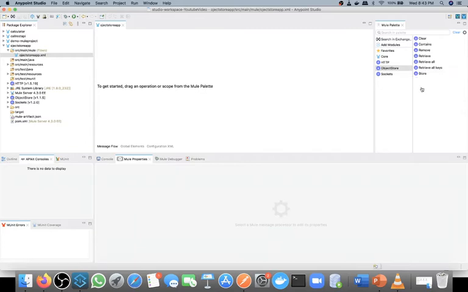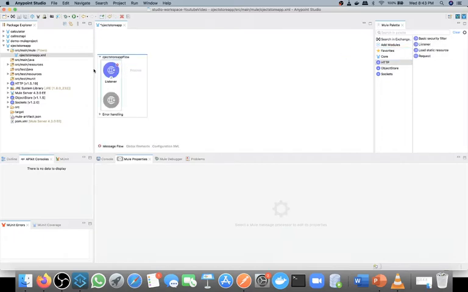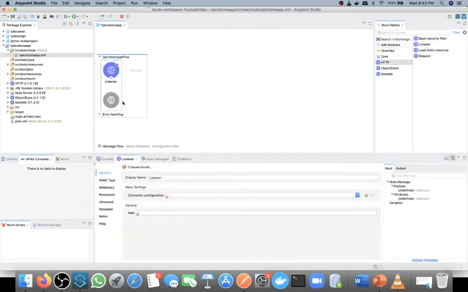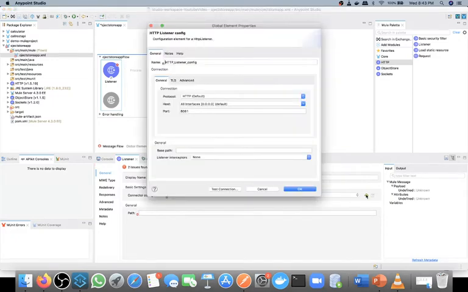First, we will create one key value pair and store it inside object store. For that, first we will create our REST API and expose that REST API as an HTTP API. So we will use this HTTP listener to expose our API as a REST API. Now we will go inside configuration and select localhost and use the default port.